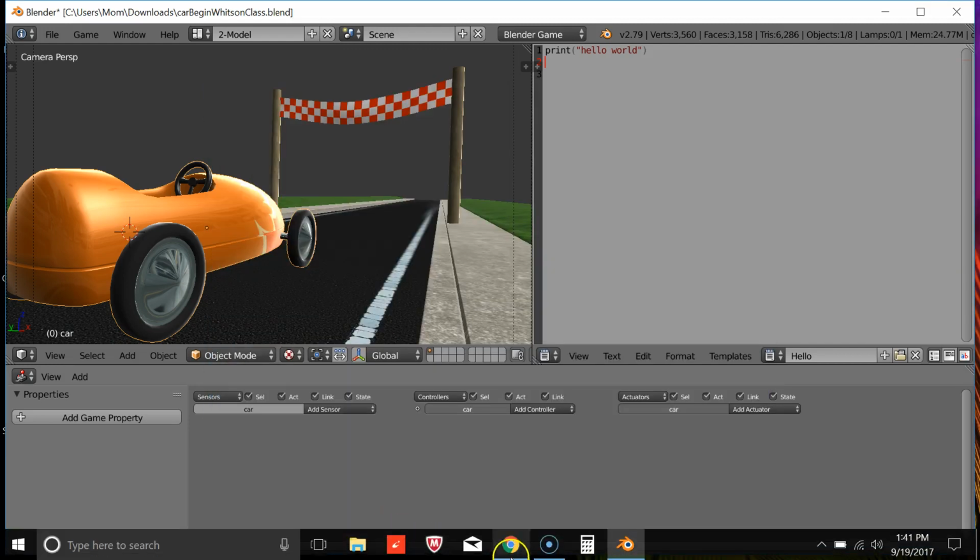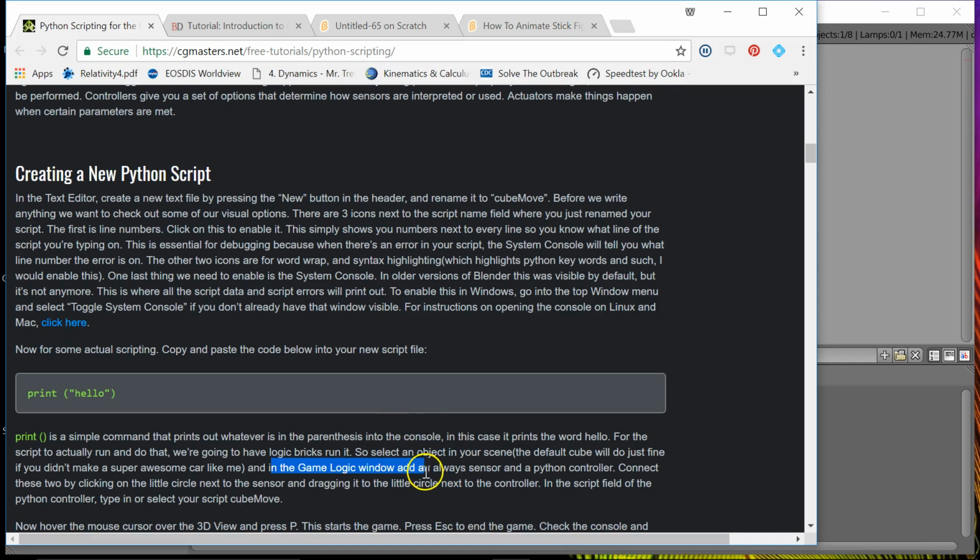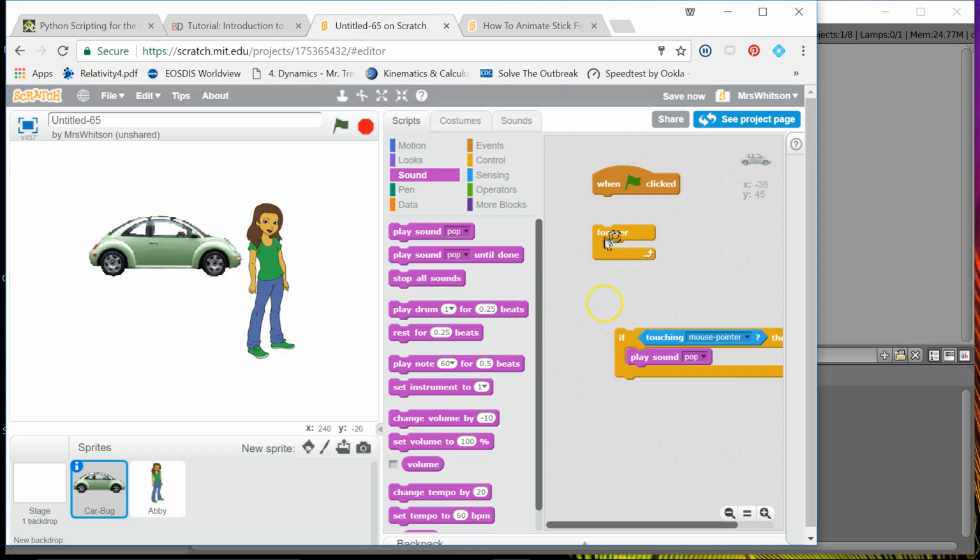Oops, sorry, wrong window. In your game logic window, add an always sensor. Always sensor is just like, so